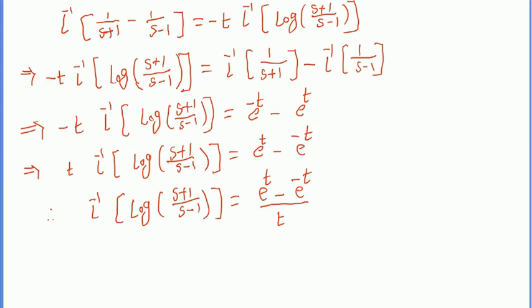If you want to simplify, you can simplify this one. How to simplify? I can write this one as multiply and divided by 2, then what happens? 2 by t into e power t minus e power minus t by 2. If you want to simplify this one, you can simplify, otherwise you can stop at this step. Right now I am writing the simplification.